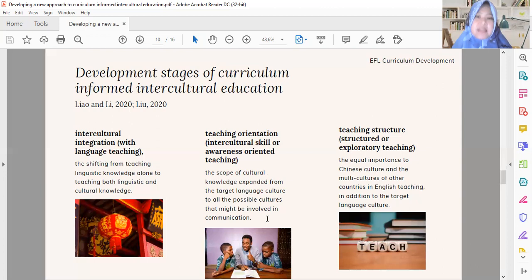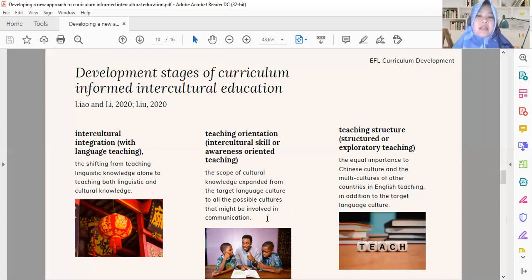In teaching practice in EFL classes in China, the teachers or lecturers try to expand the cultural knowledge of their students, since China views English as a lingua franca. So here English does not only belong to British, American, or Canadian cultures, but also to other countries who use English as their foreign language, second language, or international language.